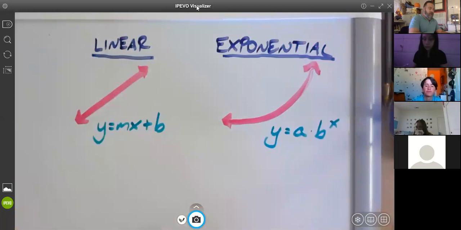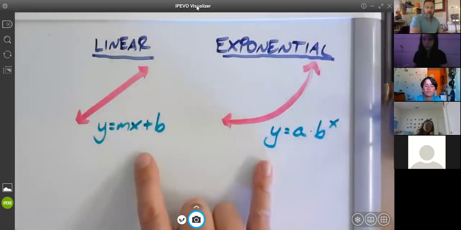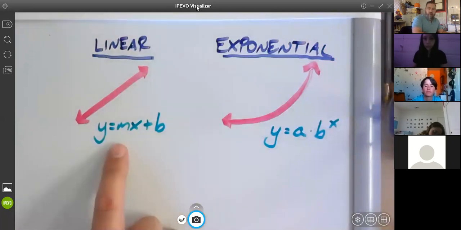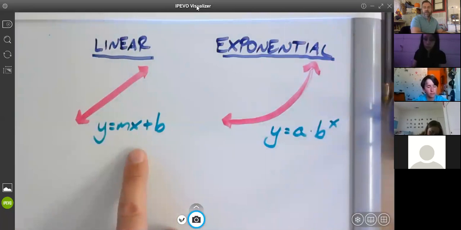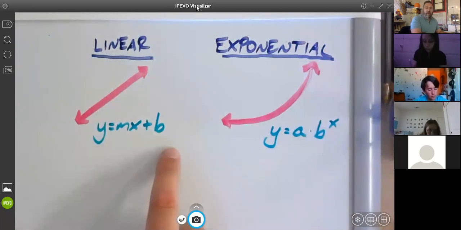Okay, you should be familiar with these two functions so far. These are two things that we've learned through Math 1. Namely, you should be more than familiar with this guy. You probably had to do a lot of stuff with linear functions at the middle school level or at Math 1 level or both. Okay, y equals mx plus b, that's what we're familiar with, and we're going to get